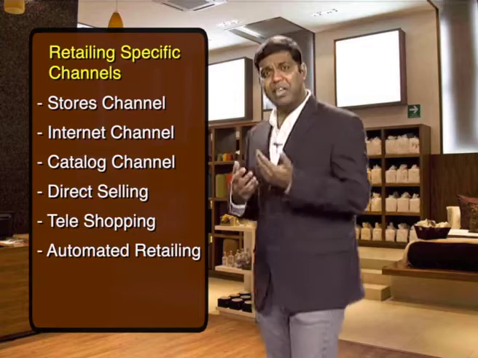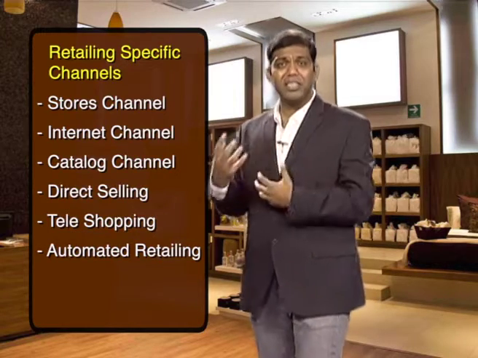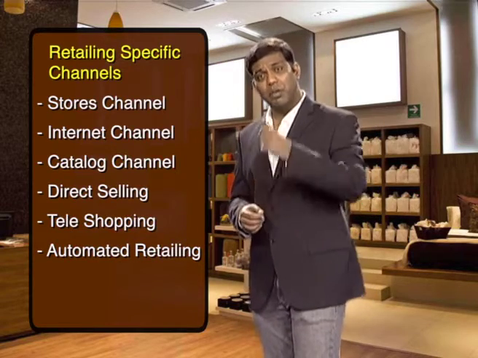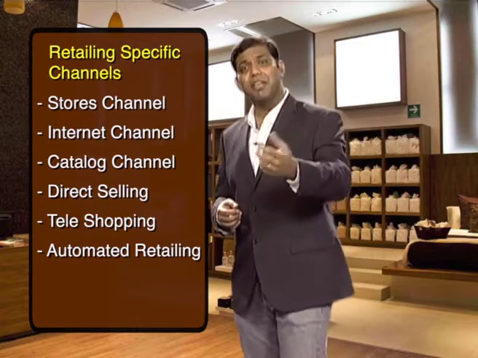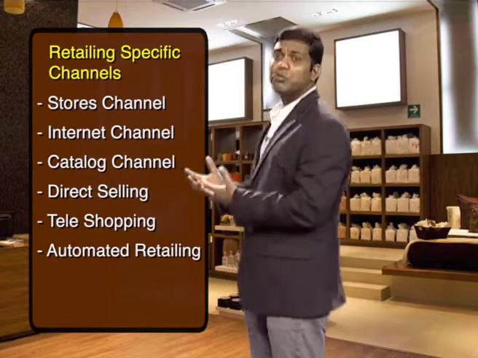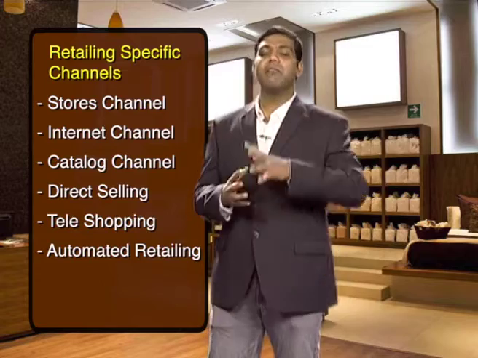There is a catalog channel wherein you will have printed catalogs from where you can identify the products and you can order these products through a call center, etc. There is direct selling wherein you can have people coming to you and talking to you directly one to one. There is tele shopping wherein you have the advertisement that is positioned in a mass media platform, and there is a phone number provided wherein you can call them and talk to them, etc. And there is also automated retail, which basically talks about vending machines and such kinds of automated applications where you can go and procure the product. So, all of these are different distribution mechanisms that are in place, and all of these are important to understand before we get into specific aspects of retailing.